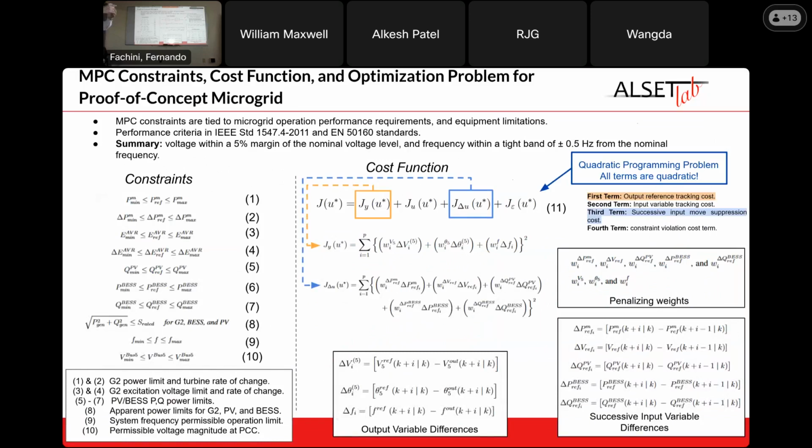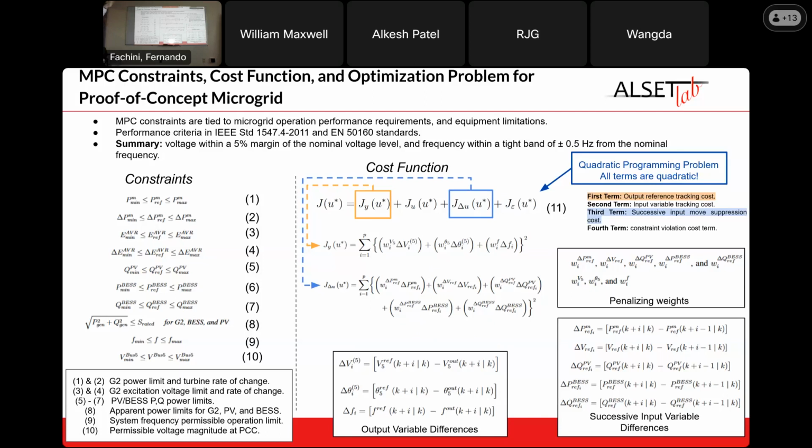Okay. So now that we've defined the system, now that we've developed the model, the next step would be to define the MPC constraints and cost function and the optimization protocol. And this slide is actually showing the MPC constraints and all these steps for the proof of concept microgrid. It's exactly the same structure for the university campus. The only difference is that the variables related to renewable energies are not accounted for in the university campus. So the MPC constraints